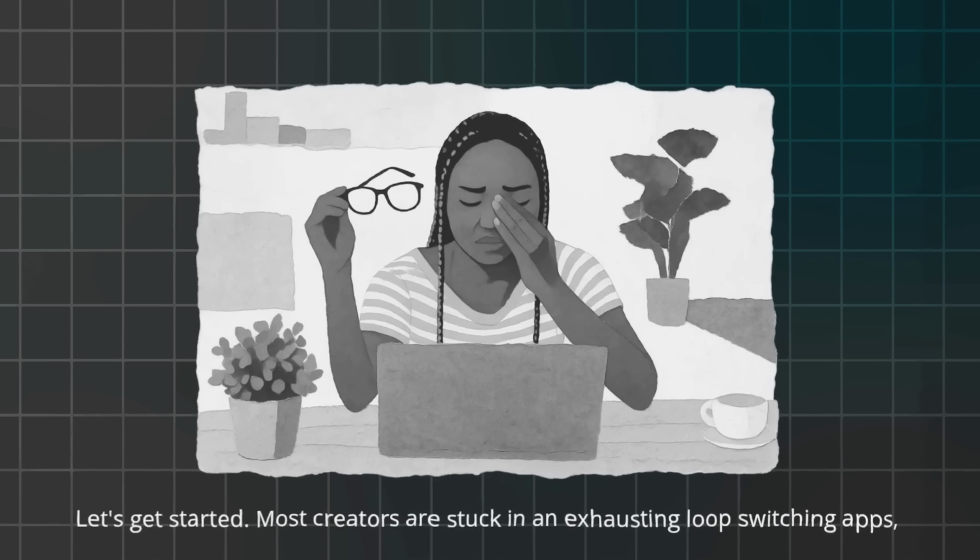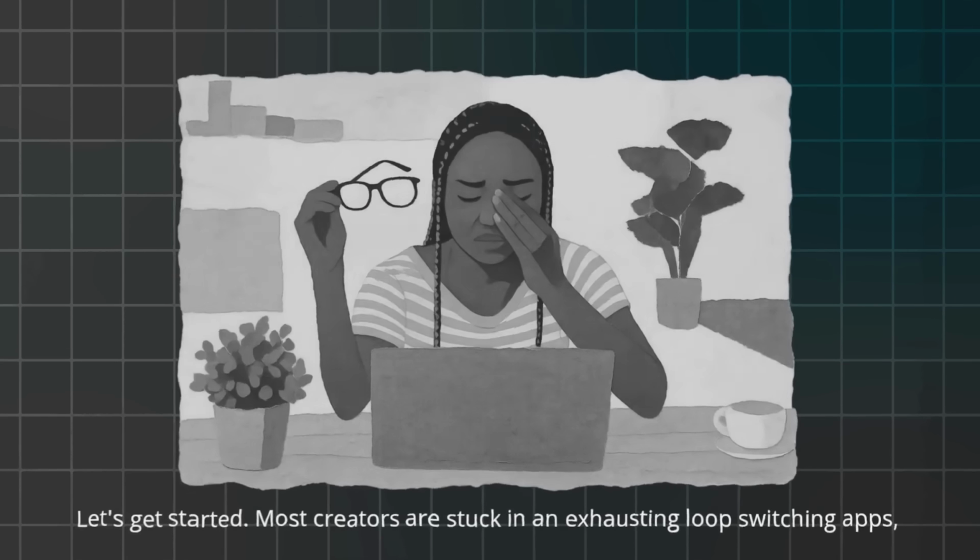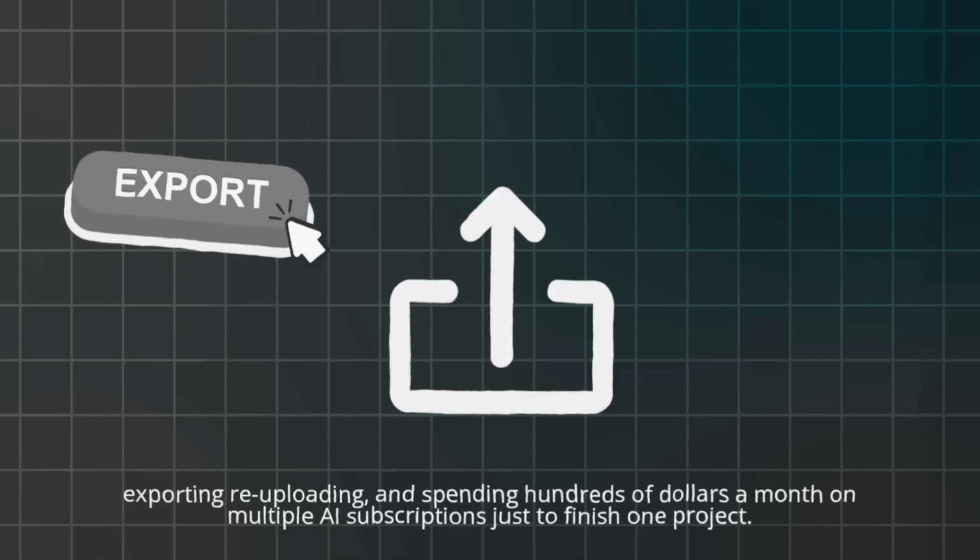In this video, I'm going to show you how this single extension replaces an entire AI tool stack, decomposes flat images into perfect layers with one click, and changes the actual camera perspective of a 2D photo. Let's get started. Most creators are stuck in an exhausting loop, switching apps, exporting, re-uploading, and spending hundreds of dollars